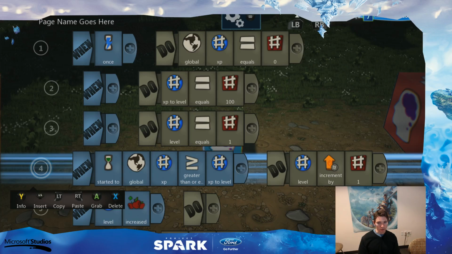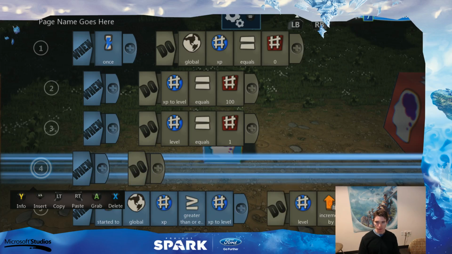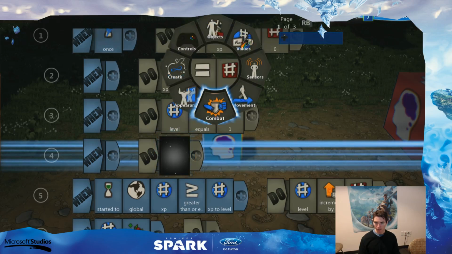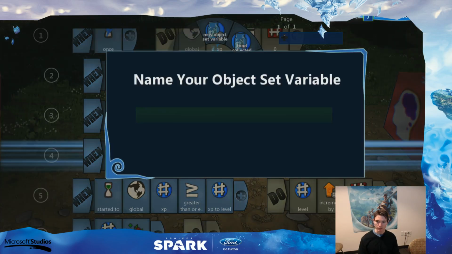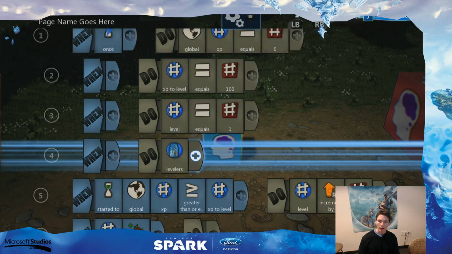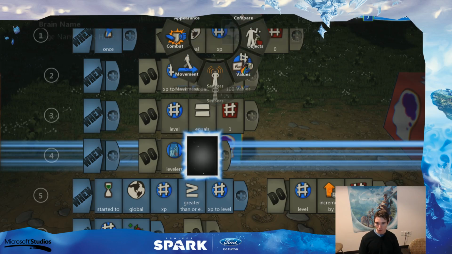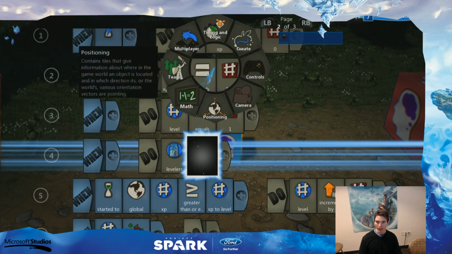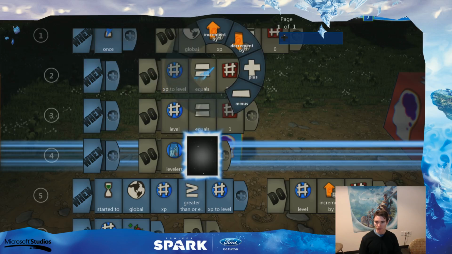I haven't set who my players are and who my levelers are. So I'm going to use this thing called an object set. An object set basically stores a bunch of different objects and allows you to call that and do different things with it. So I'm going to set my levelers as an object set, and I'm going to add to it